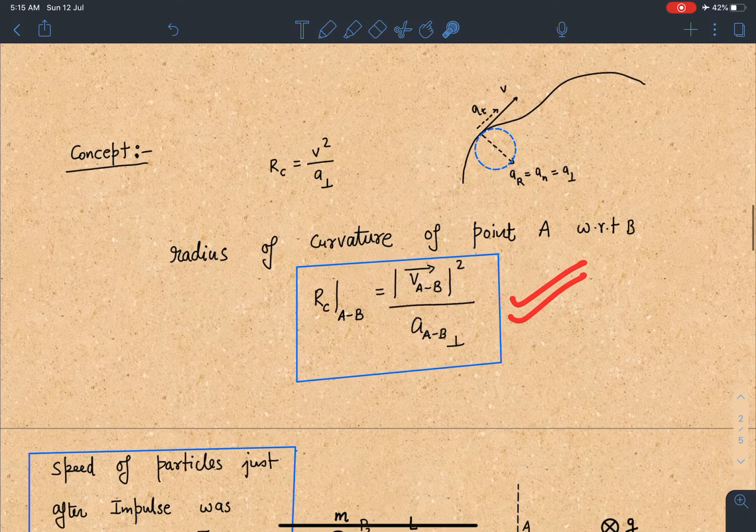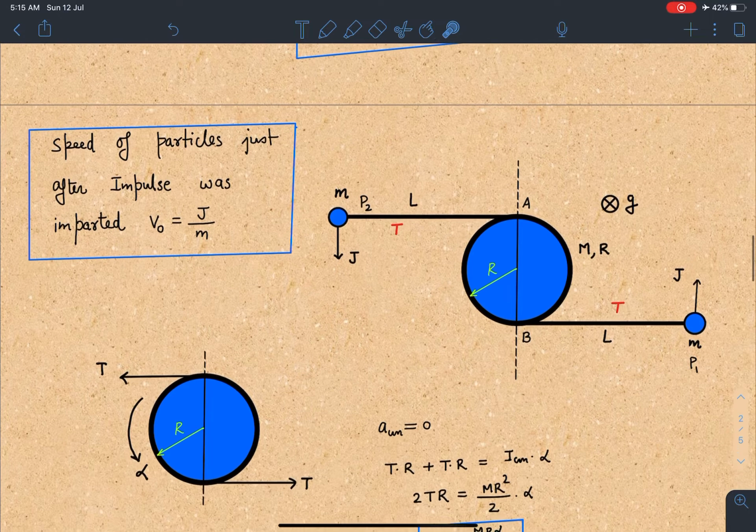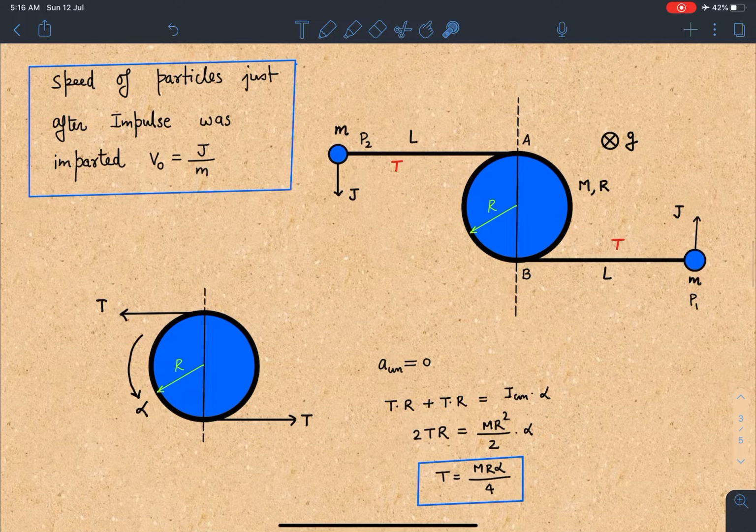All right, so let's go to the solving part of this question here. As you can see in the top view, when we are giving this impulse of j, instantly these two particles will acquire a speed of j by m. And now as this particle will try to move, the strings will develop a tension of T here. But the best part here is, as per the symmetry, since both the tensions are equal, we can say this cylinder, its center of mass will not be moving. Net force is 0, so center of mass will be at rest.